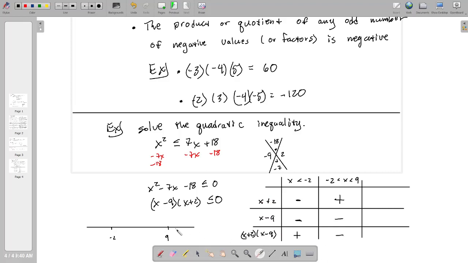Now we look back at our inequality and we see that x plus 2 times x minus 9 is going to be negative, which is less than 0. So it does satisfy. So we could say that this region does not satisfy. This region does satisfy. And let's move on to the third region,